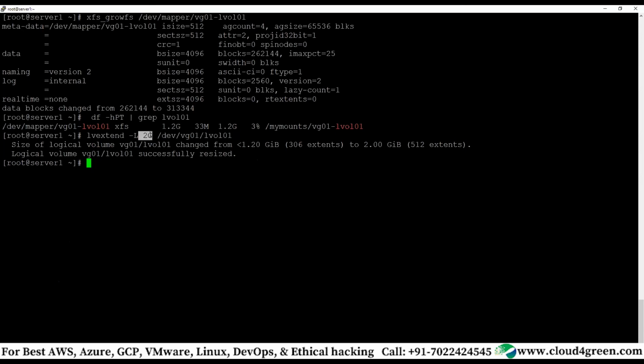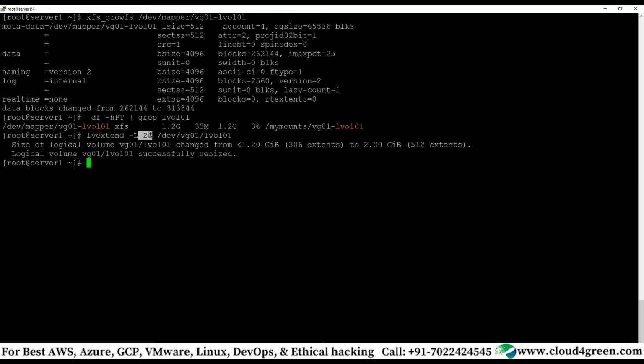You are saying that earlier it was 1 GB, and I am saying plus 200. That means you are adding 200 to the disk. So what is the final disk space? 1.2. Did I mention 1.2 there? No, I have only mentioned plus 200. That means add 200 MB to whatever size is there existing. But we should be aware of how much size it has. Of course, you need to do that because you need to see the volume growth, right?